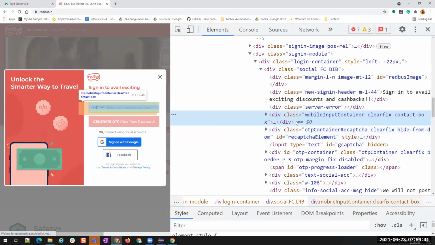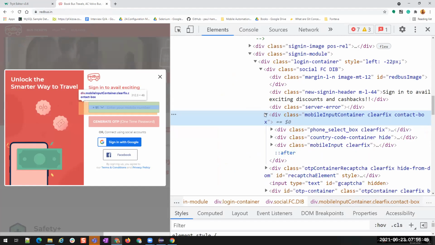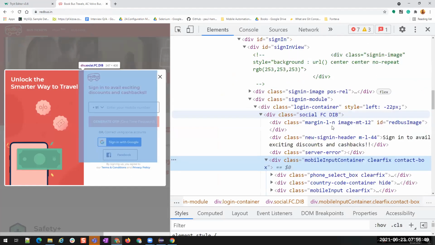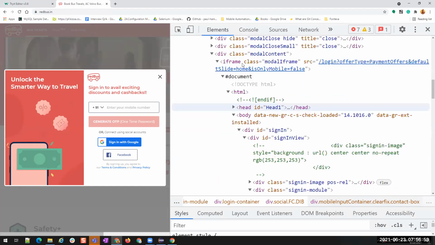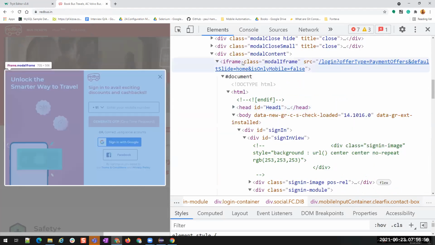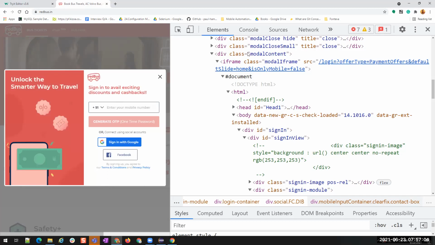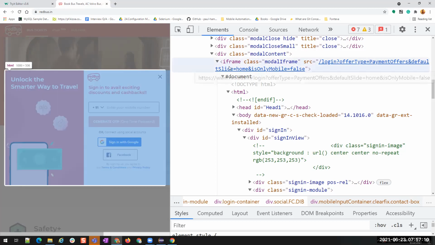Now you see, this is a little larger page, and you will be able to write XPath for these elements, and then you will be able to find this element. But this is also inside a frame. Now let me show you. I'll scroll up. You see, it's inside the iframe, right? So if you write code to enter some value here without switching to this frame, you will not be able to enter any text inside it because it is a frame.